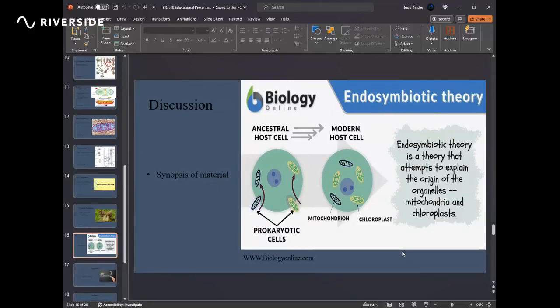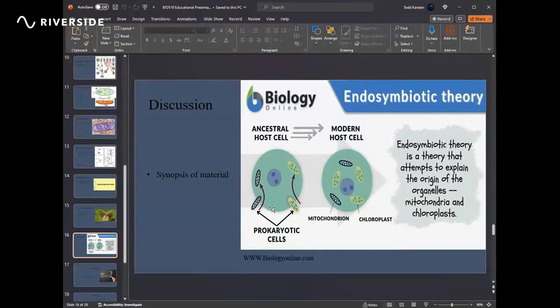The combination of the chloroplast and the mitochondria are required for plant cells to collect light energy in the chloroplast and then transfer that energy to the mitochondria, where the light energy is converted to usable energy for the plant to survive. As you can see here in the picture, we have the prokaryotic cell moving over to the